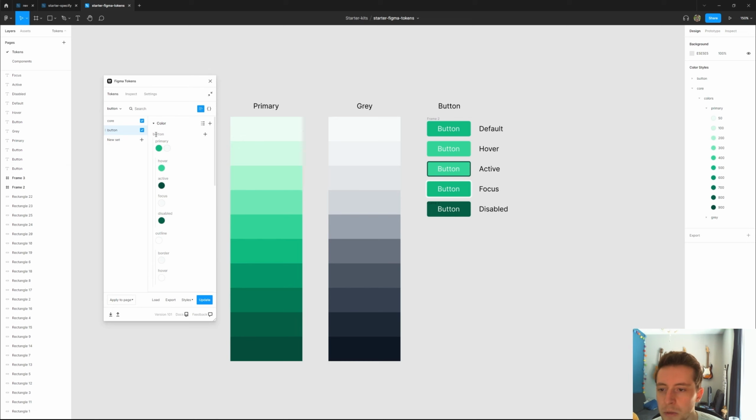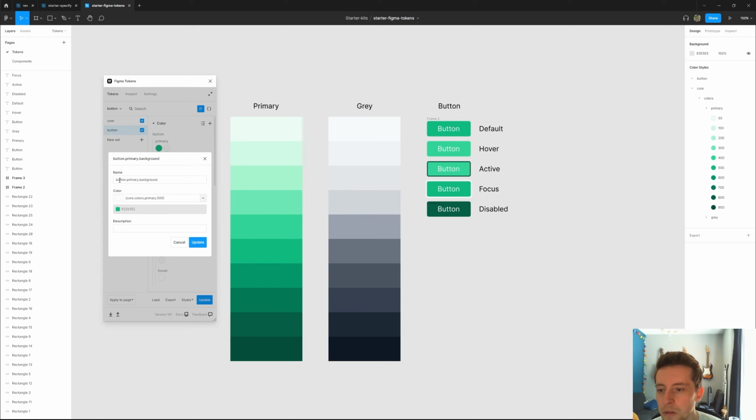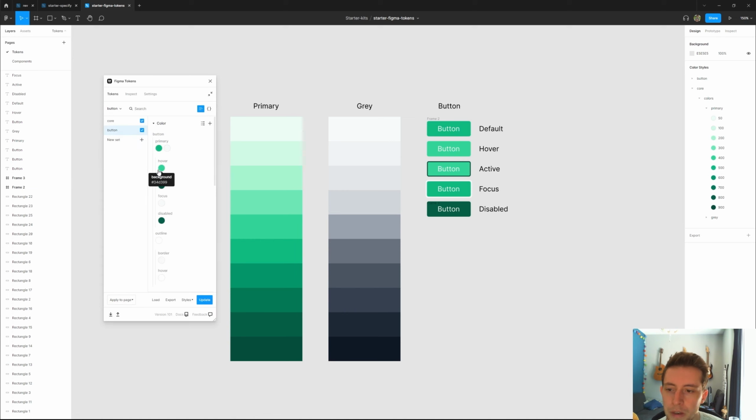So we can see here, for example, we have a button primary, which has a background color and a text color, and if I right click this and I can see edit token, you can see that this button primary color is using the primary 500 from my core colors. So if I ever change the color range, my button color should update as well. We have some hover color, active border color. It's an active shadow color actually. A focus outline color, disabled color, and then we also have an outline button variant with some other colors. I didn't add them here in the design, but